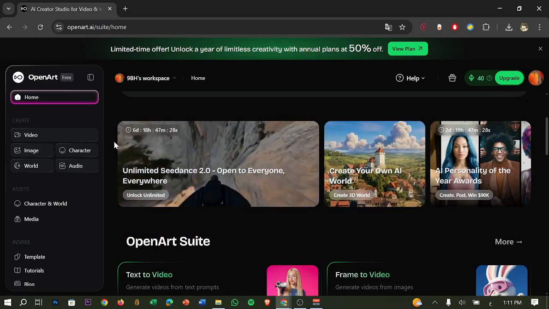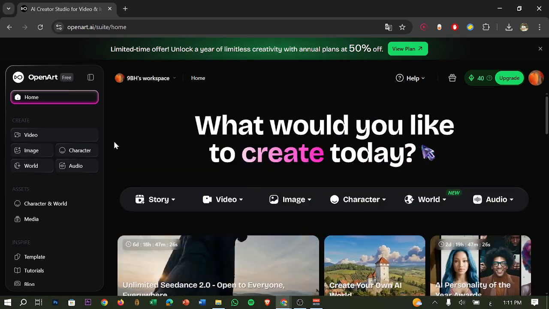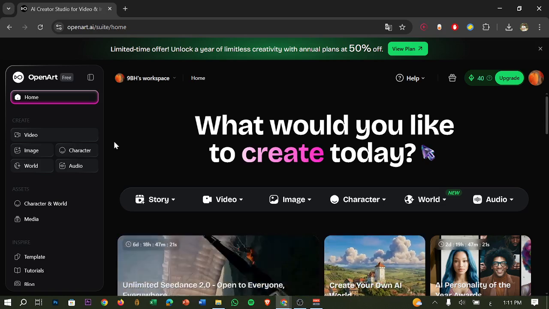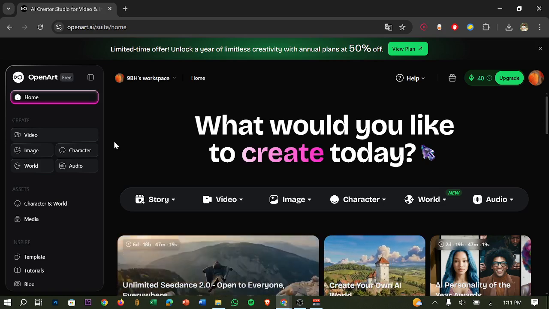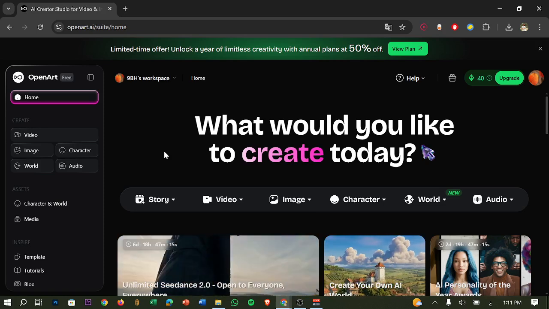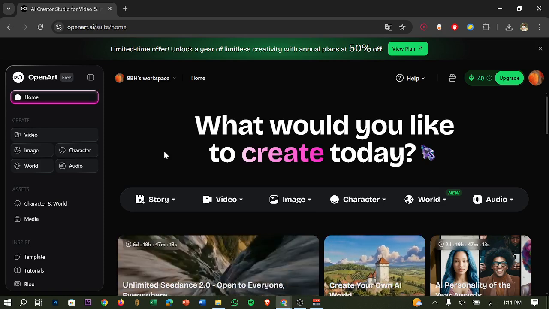So the one-click story feature in OpenArt lets you generate a full story with visuals automatically, including scenes, characters, and sometimes even video clips from a single idea. Okay, so in this guide, I will show you step by step how to use one-click story on OpenArt in